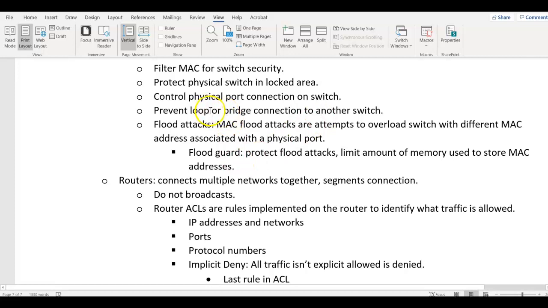We can also prevent looping or bridging connections to another switch if it's not needed. Bridging means that we would connect one switch to another switch to expand our network. And looping means that we would route the frame back to that exact switch. And in some forms of physical attack, they would try to connect their systems or another appliance to the actual switch, or to circulate the traffic back to that switch by forcing looping. So in a flood attack,